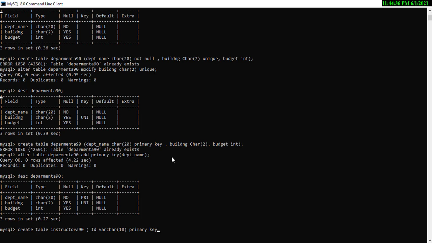Now instead of primary key, intentionally I am going to type not null and unique. So I am applying two constraints at the same time on one attribute.